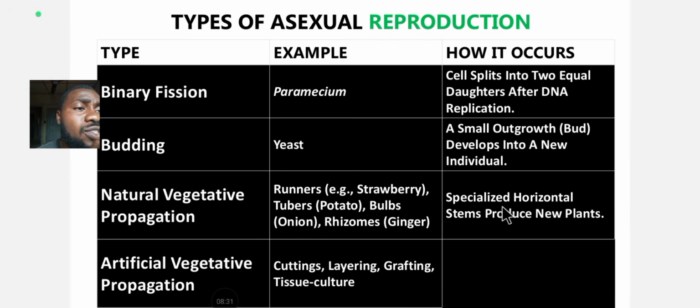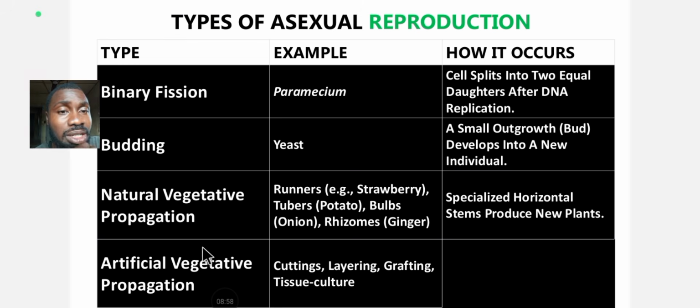It's a specialized horizontal stem that produces new plants. A specialized horizontal stem that produces what? New plants. It occurs naturally. You start seeing it sprouting from the side. The stem forms a new plant, a horizontal stem. All right. So you can see the plants that undergo natural